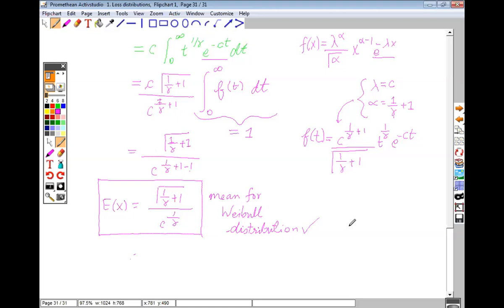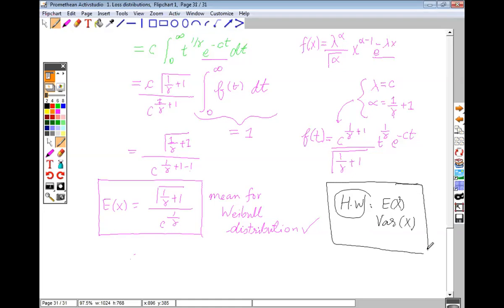But again, let us take something else for homework now. So this was a very hefty derivation that we just went through. So I want you all to try to figure out the expectation of x squared for Weibull and then subsequently the variance of x for Weibull. Can this be expected of each one of you? Yes, ma'am. Not tomorrow. You can do it at your convenience because I do understand you must be having classes in the morning itself. So don't worry about this homework, but I want this at least in 3 or 4 days.